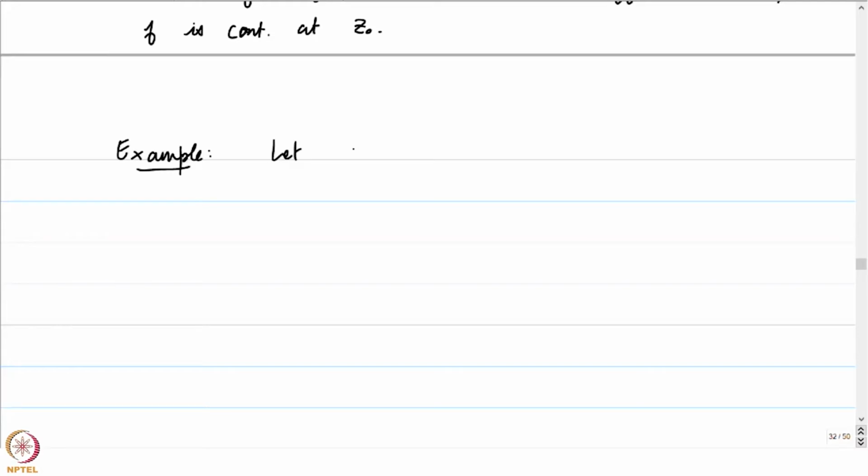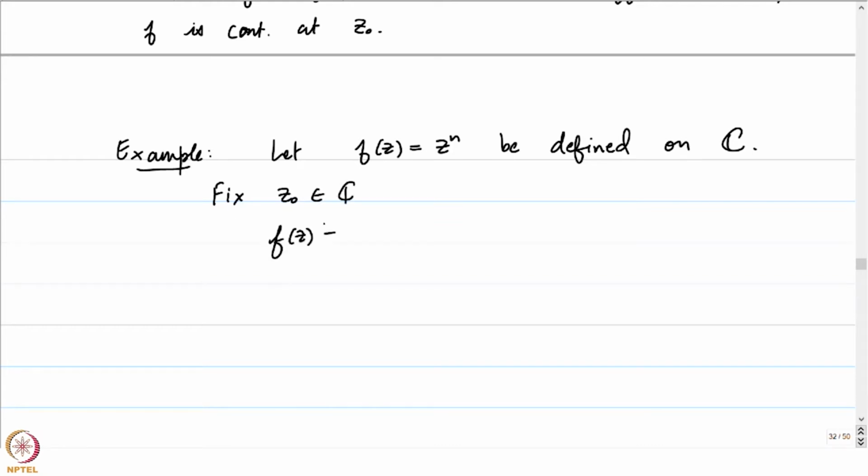Let f of z be equal to z to the power n, defined on the complex plane. Omega here in this case is the entire complex plane. The function is quite straightforward. It is f of z equal to z to the power n. And let's see if it is complex differentiable at a given point. Fix z naught in C, and let's see what is going to be f of z, for z not equal to z naught,